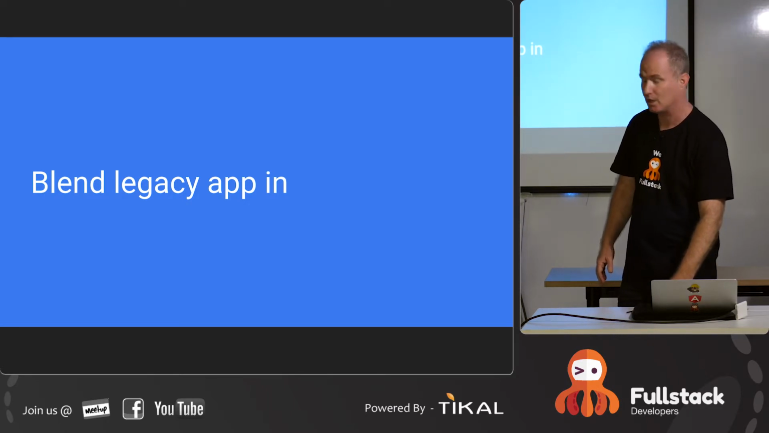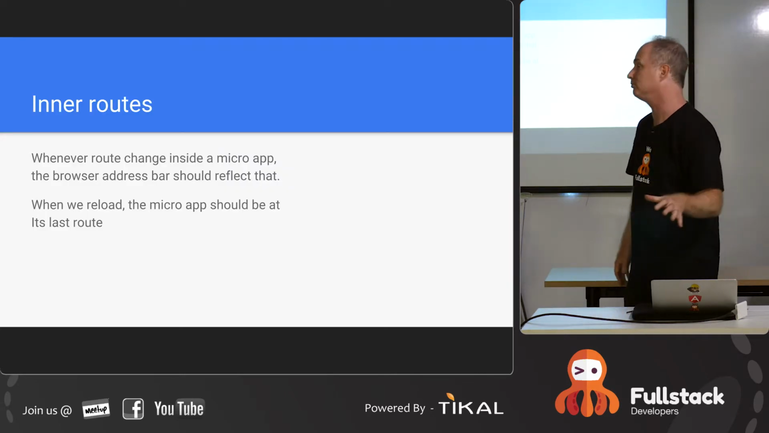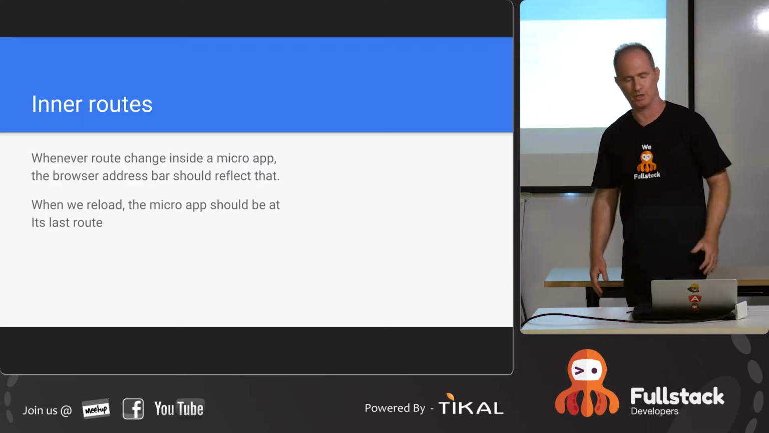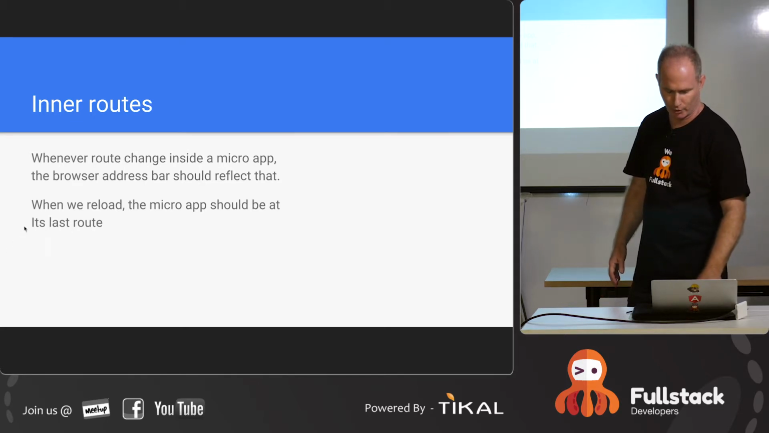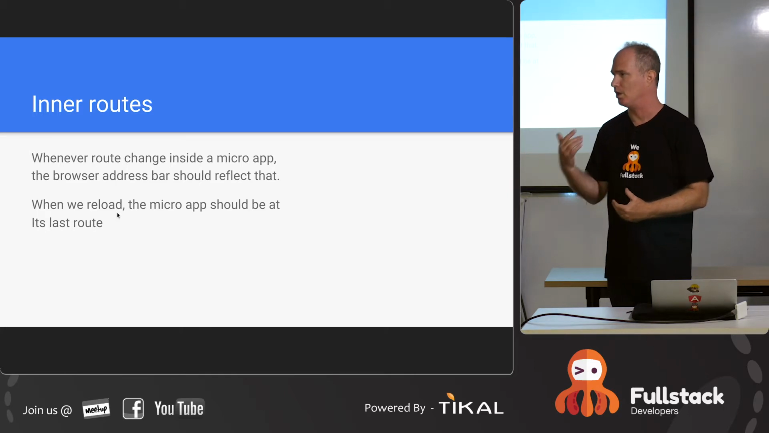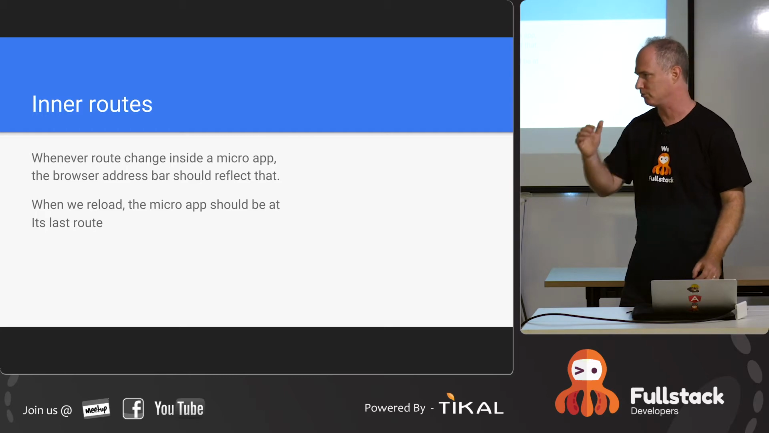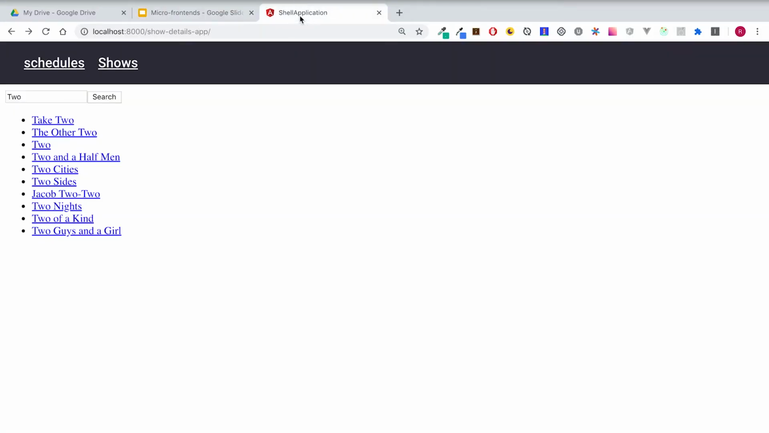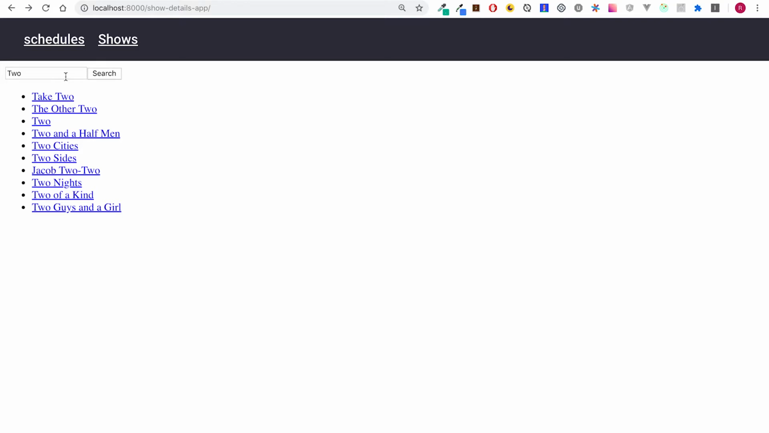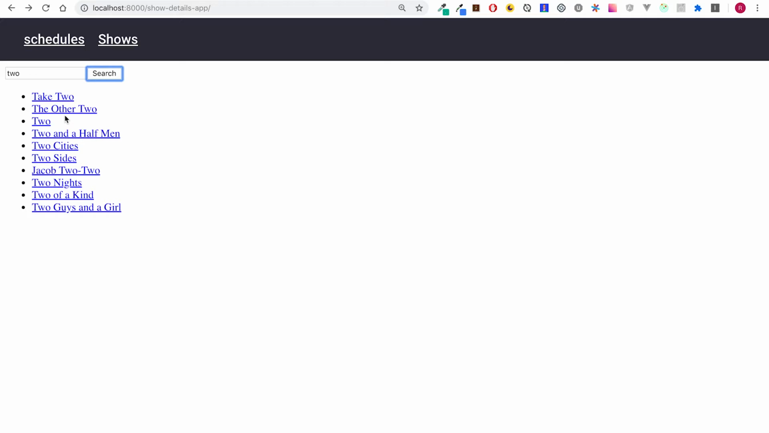All right. Let's blend the legacy app inside. One thing we need to do is make sure that whenever the inner route is changed, we see the actual URL changed. Okay? Let's hope it will work. Okay. Let's try. It did work before, but